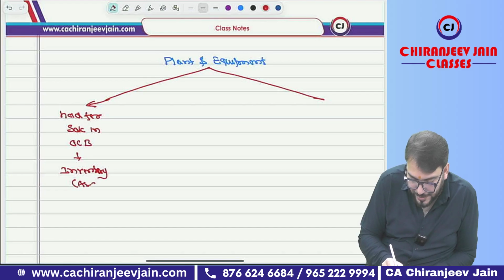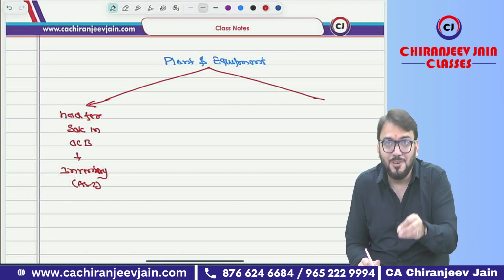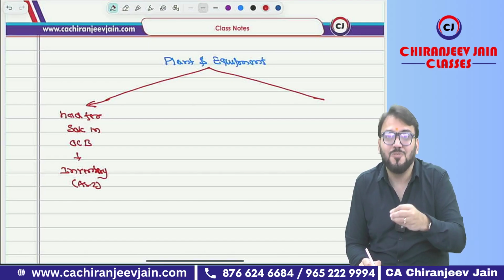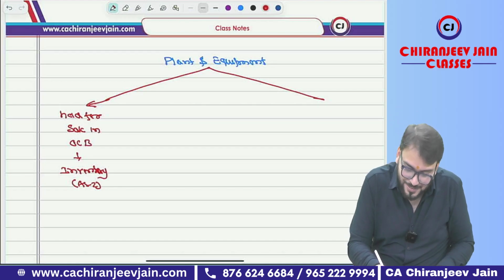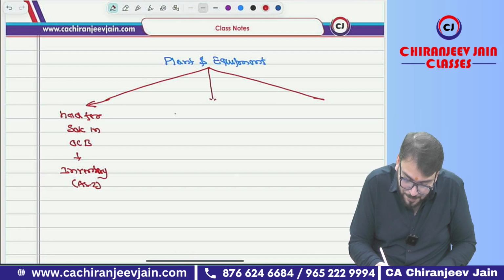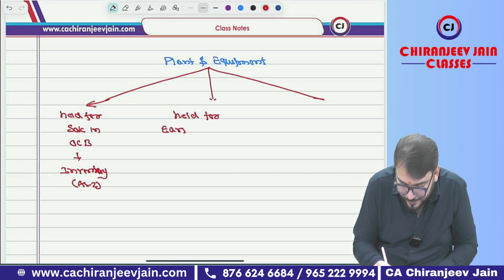And AS2 will be applicable. Means if I am a dealer of plant, dealer of equipment, I am a dealer of computer. So for me, computer is inventory, not property, plant, and equipment. Okay. And if I have plant and equipment that is held for earning